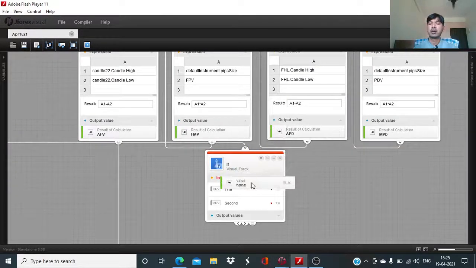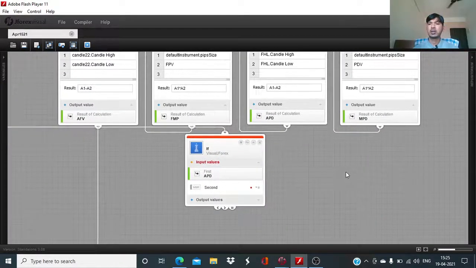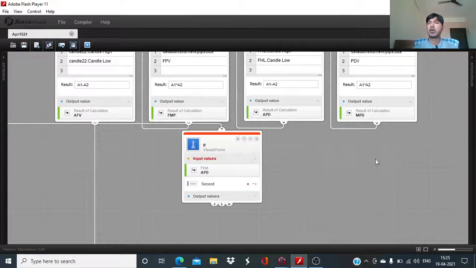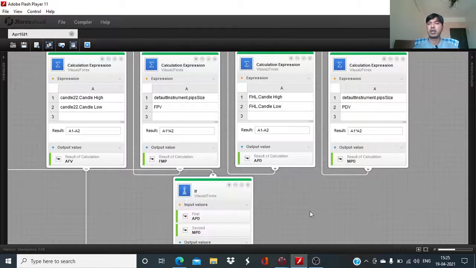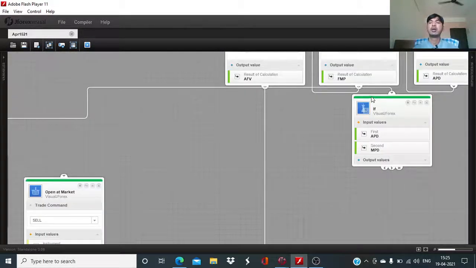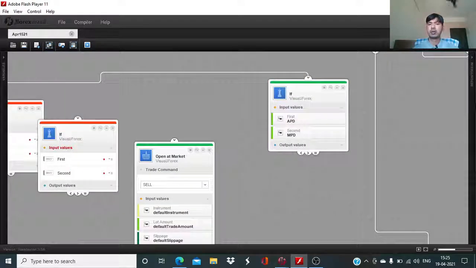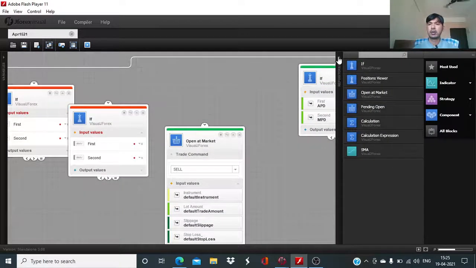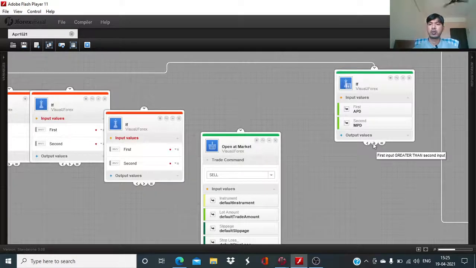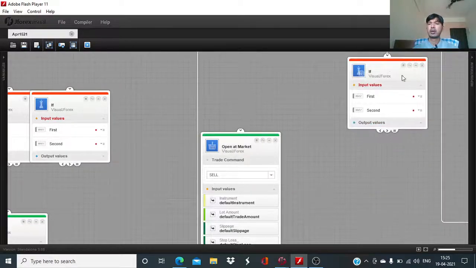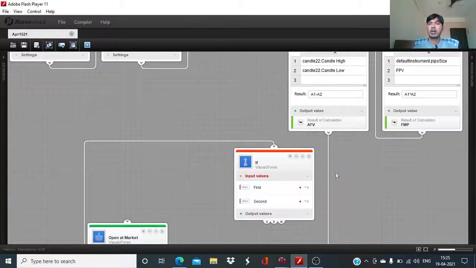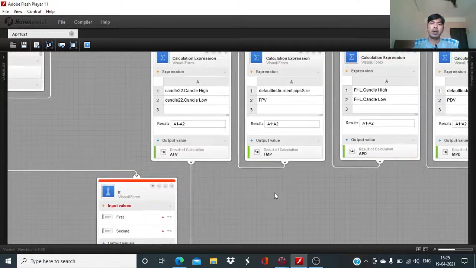and this calculation output should be greater than 20 pips, which we have defined here. In the prior session, both of these calculation expressions were set up. So in this case, first input should be greater than second input, and a similar thing we also need for